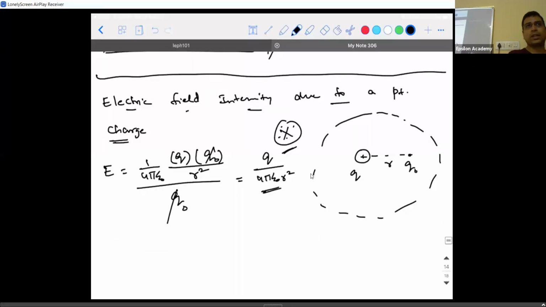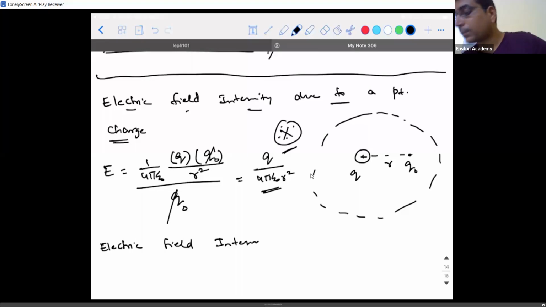Now there are some important questions we need to answer. Now we saw what is electric field intensity, right? We saw what is the mathematical equation. Now we need to answer what type of a physical quantity it is. Is it a vector quantity or a scalar quantity? Electric field intensity, how are you saying it is a scalar quantity? Because what is the definition of electric field intensity? It is a force divided by charge.